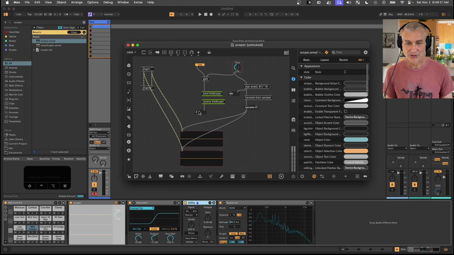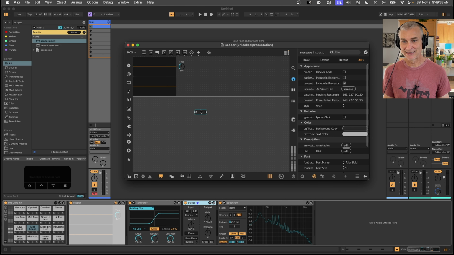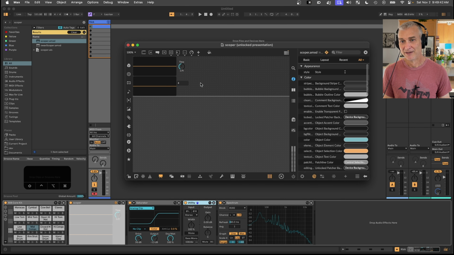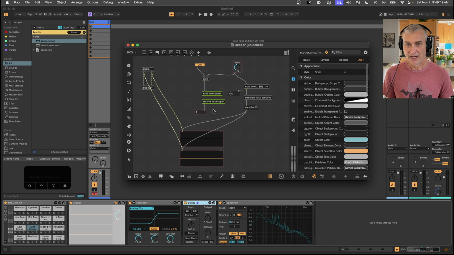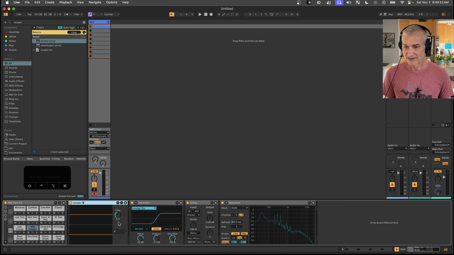Just as an illustration, what I'm going to do is right-click, add this message to the presentation view, just so we can see this working. So I'm going to put this here and go back to patching view and save it. And now I'll close the device. So we've got